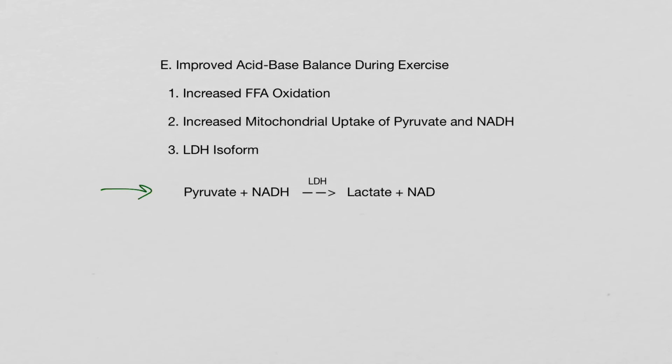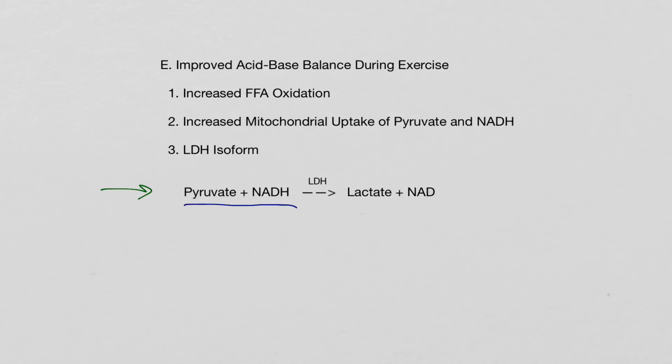Notice that pyruvate and NADH are transformed into lactate plus NAD. And so what the lactate dehydrogenase enzyme does is move the H from NADH and put it on pyruvate to make lactate. So obviously from this, we know, from our previous lectures, that pyruvate and NADH are formed in glycolysis. And of course, this reaction shows one of their possible fates, which is